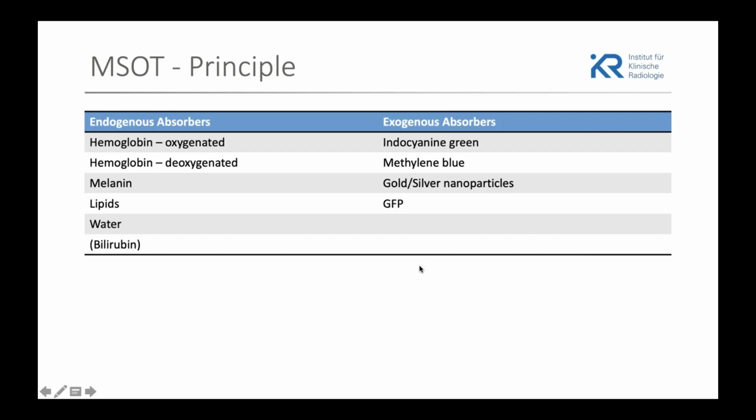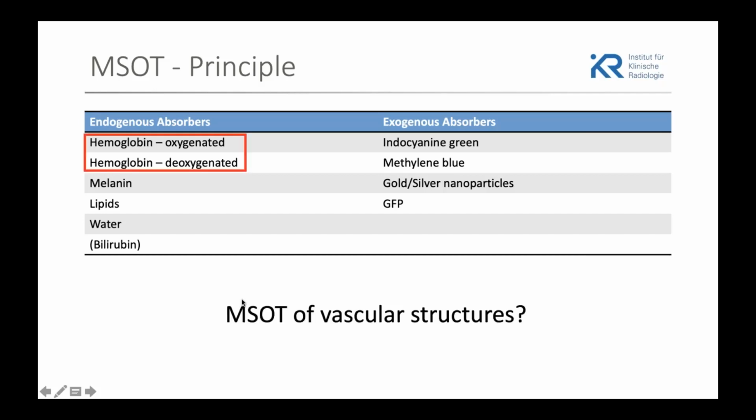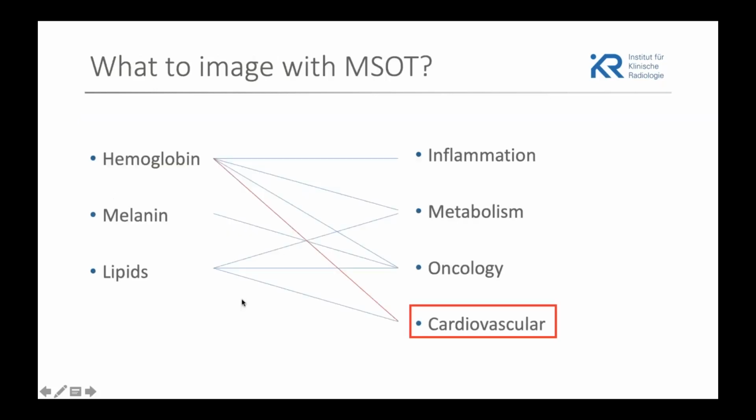But to keep it simple, you have these endogenous absorbers here, which you can assess in a contrast-free manner. So if you think about hemoglobin, of course, you think of vascular structures to assess with optoacoustic imaging. And if you think about vascular structures, of course, in a clinical setting, you go for cardiovascular diseases. Just to mention it here in the beginning, there are a lot of other clinical applications evaluated for optoacoustic imaging,